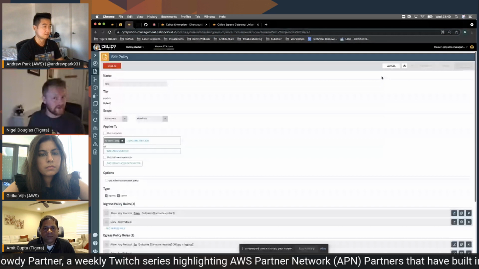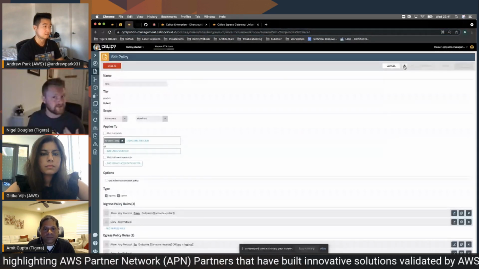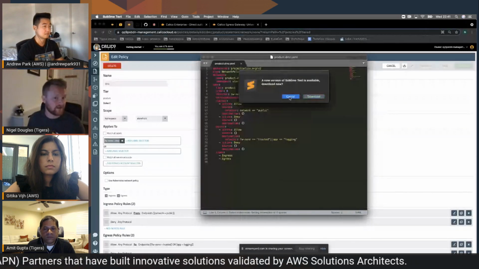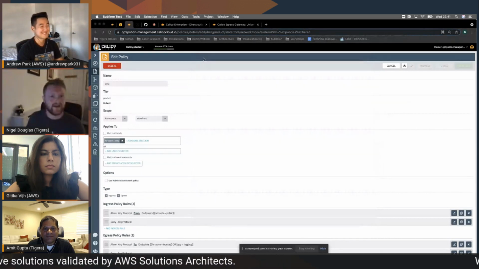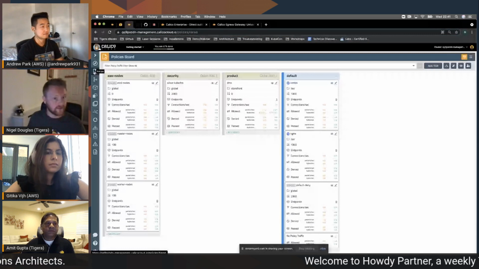And if you ever want to ratify and confirm what changes applied, or before you apply them, you can always just download the YAML from the web UI before you enforce it, and you can always see what that policy would have looked like. You can see I'm still using a trial version of Sublime. So yeah, that's definitely from an egress perspective, really powerful.